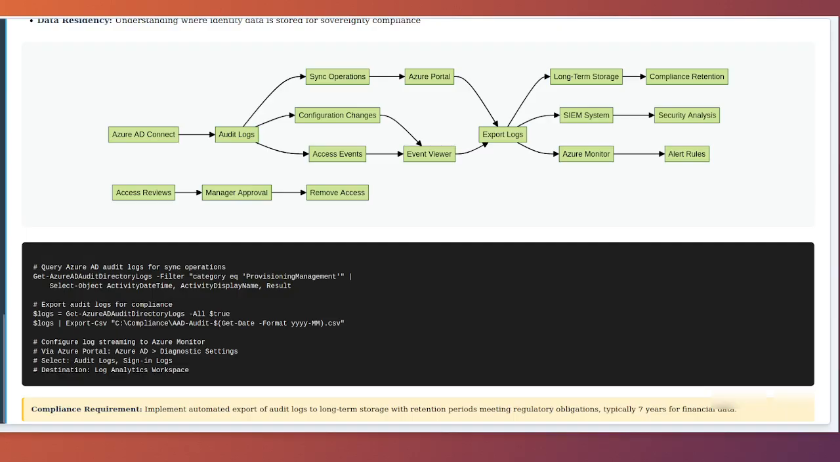Data residency and sovereignty considerations affect how Azure AD Connect is deployed and configured in multinational organizations. Azure AD tenant data is stored in Microsoft data centers in specific geographic regions based on the country selected during tenant creation. Understanding where identity data resides and ensuring compliance with data localization laws is critical for organizations operating in jurisdictions with strict data protection regulations like the General Data Protection Regulation in Europe or data sovereignty requirements in certain